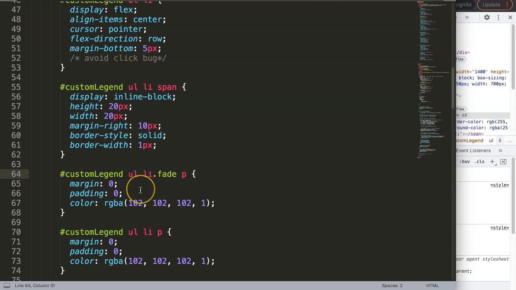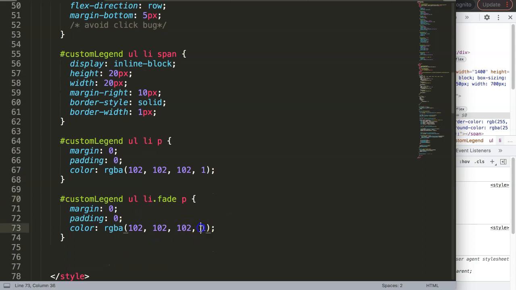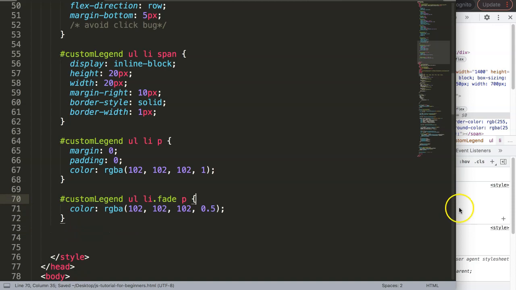And then, well, let me do this down here. That's more appropriate. I do a dot fade, and the reason for the dot is because I want to say if this specific item is faded, the list item. I'm not talking about the paragraph. I don't want the paragraph to be faded, but specifically the list item here. So then what I'm going to do is just say 0.5, and then we save this,